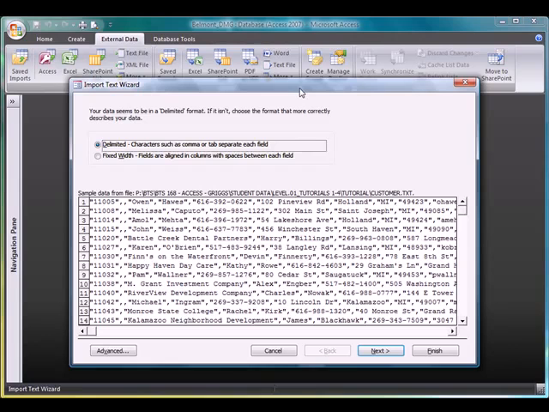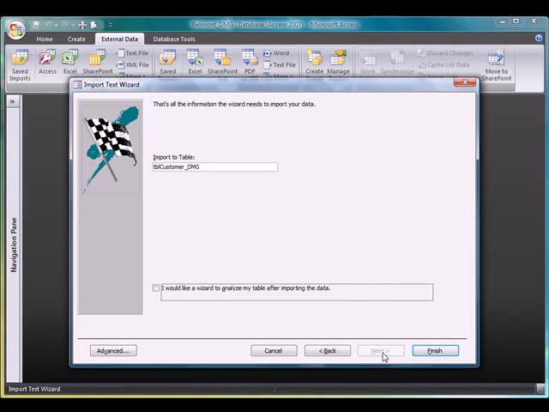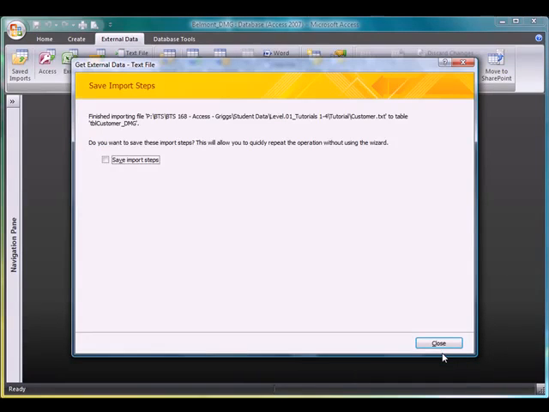Now I see that I have delimited, and I'm going to click Next. And again, it's showing me that it is delimited by commas. I'll click Next. And again, it shows me here which table this data will be appended to. And I don't need to change anything, so I'm going to go ahead and click Finish. And again, the Save Import Steps comes up, and again, we don't want to save the import steps. So I will click Close,